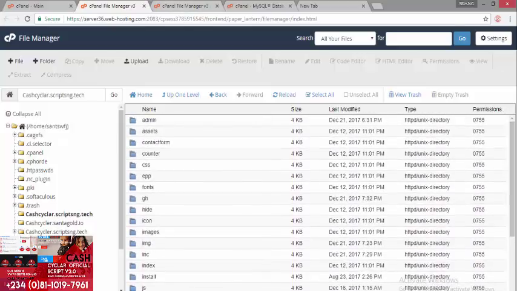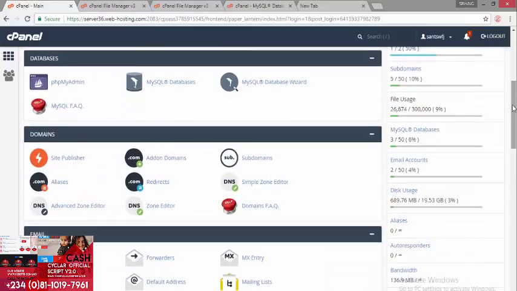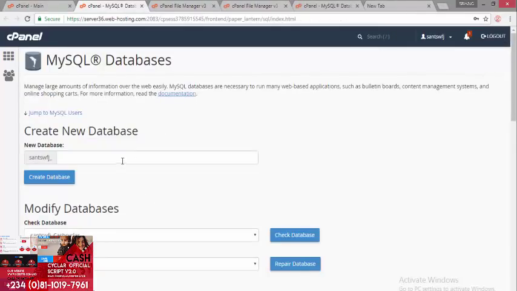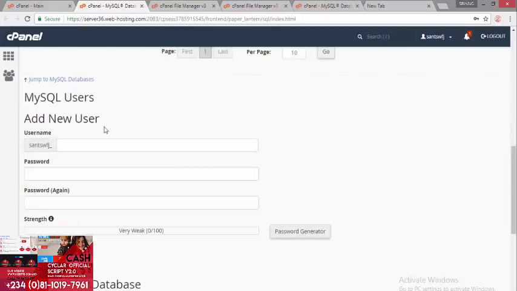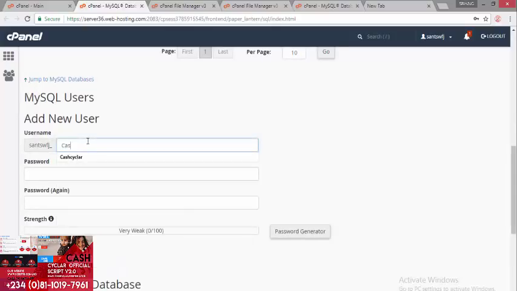Then you go to your main menu for your cPanel, and you go to database. You go to create a new database. The name of the database I'm trying to create now is Cash Cycler. Then click on create database. Don't forget that you have to add the user too after you are done creating the database.